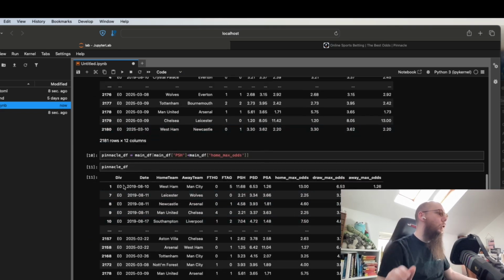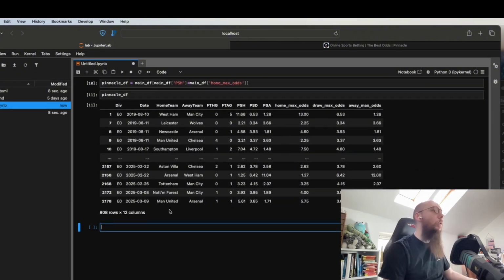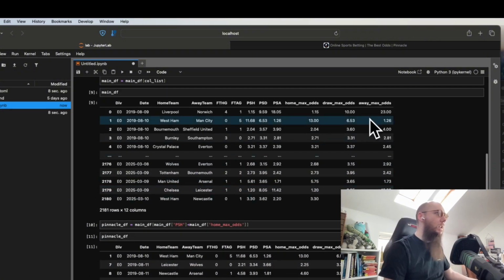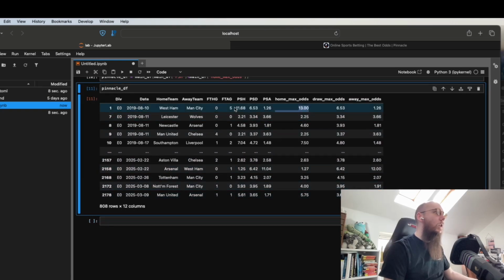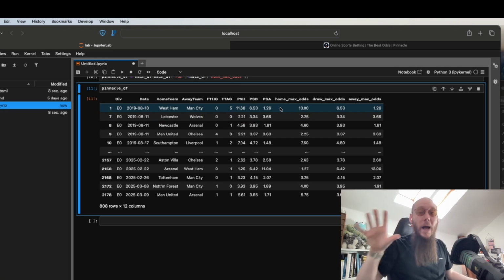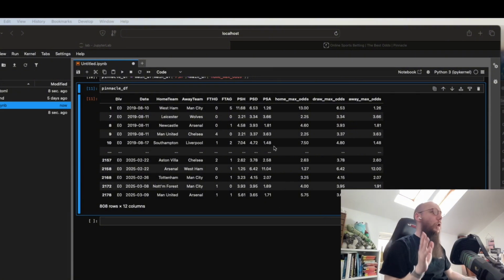So now we've got a new data frame of 808 rows, and this is all the instances from main DF where the home max odds are greater than the Pinnacle home line. So what happens if we were to bet on that? In order to figure out how we would have done if we bet on all of these prices, we need